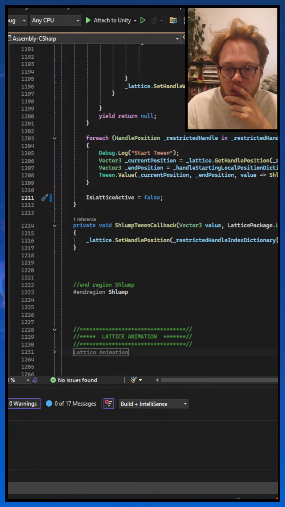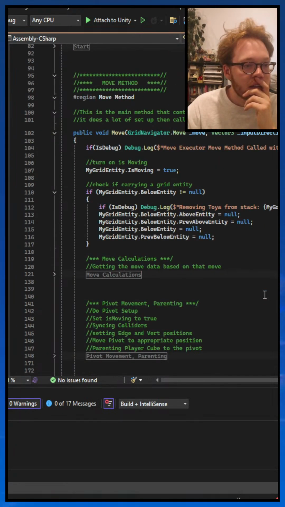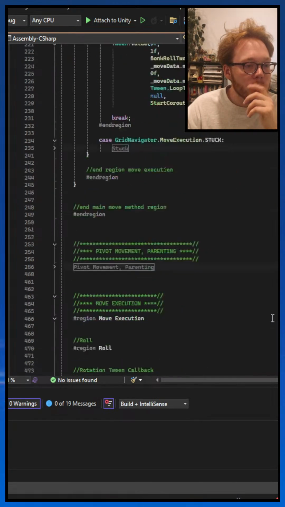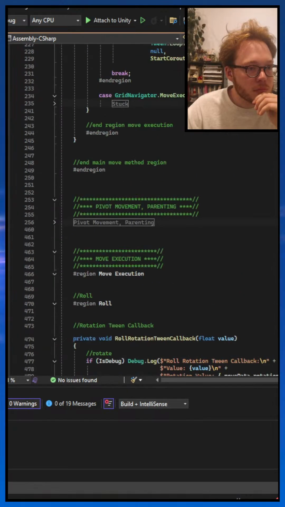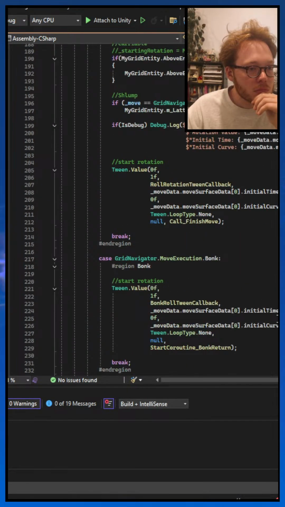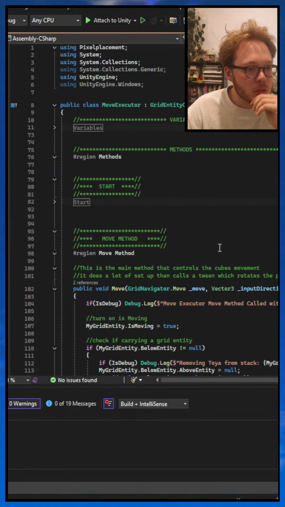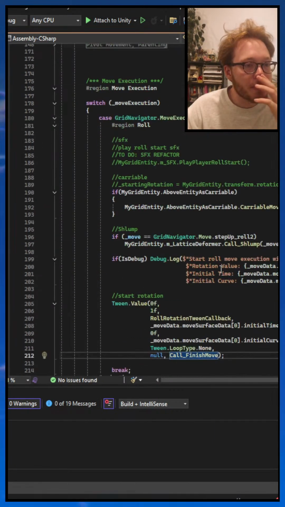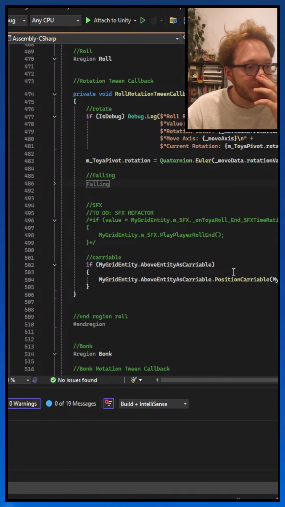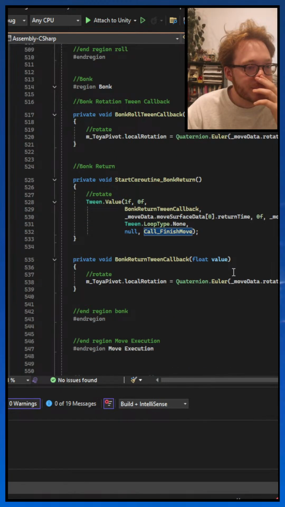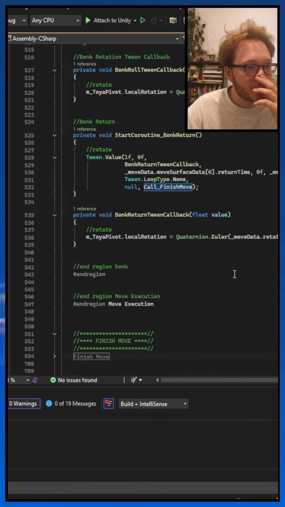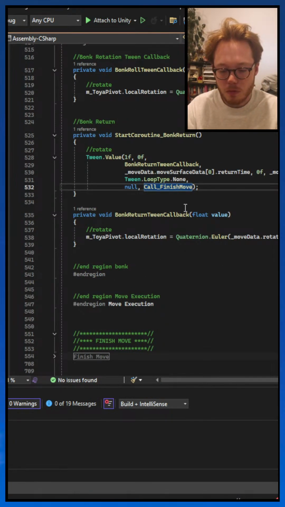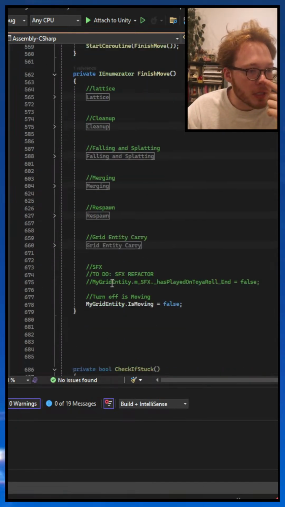Move executor. This isn't a coroutine, is it? No. Finish move. Yeah, this is a coroutine. I might just do a double, triple check